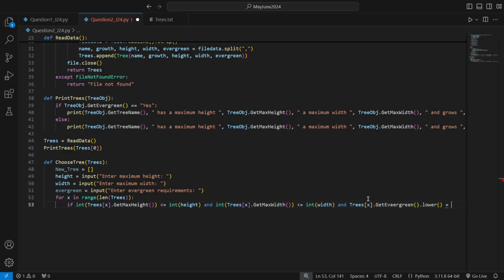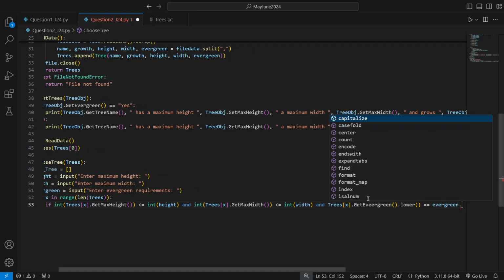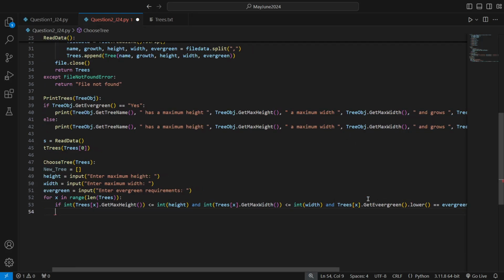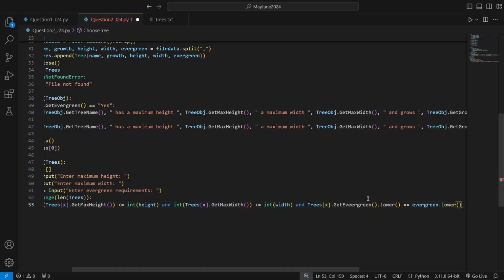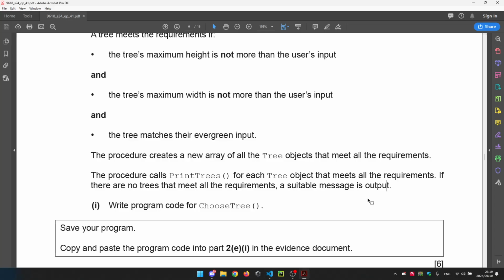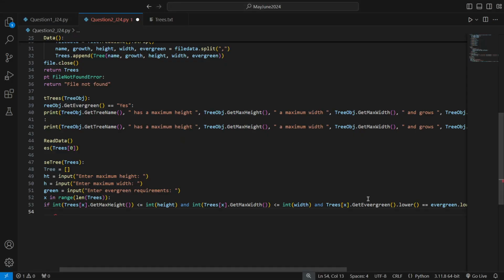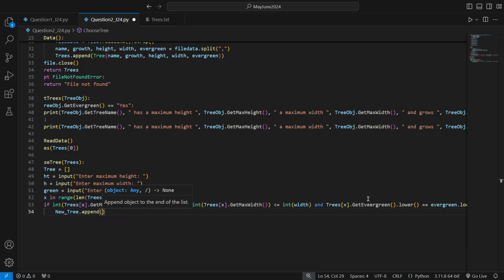We want to just compare everything in the lower section, right? Is in the user's evergreen dot lower when they're the same, right? Equal to what we want to do is find out what we want to append. So in the new tree array, so new tree dot append, and then we want to go ahead and do